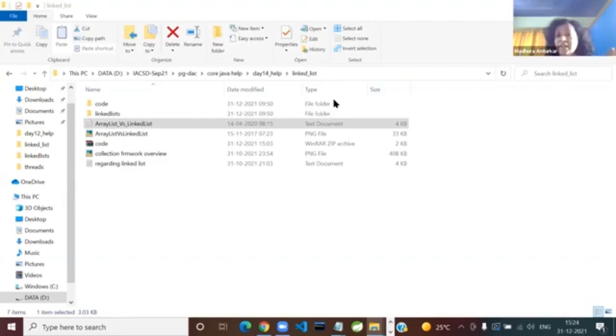Collection interface is extended by 3 separate interfaces. Give me the names. I said 3. I want 3 answers. Very right. List, set, and queue. Queue interface